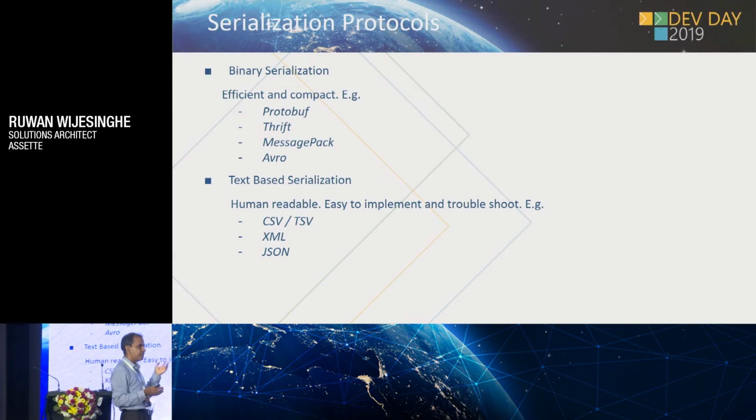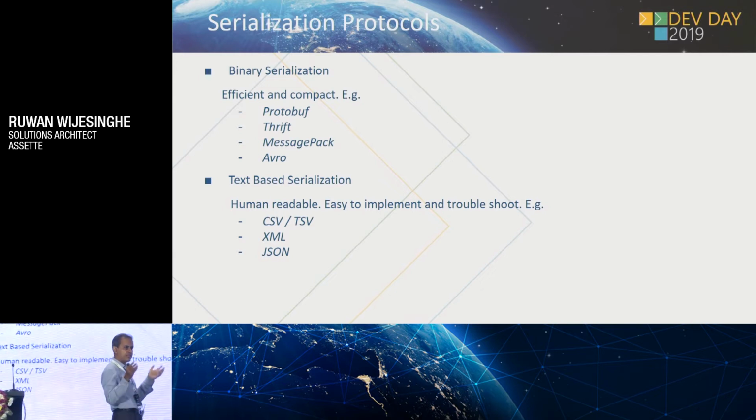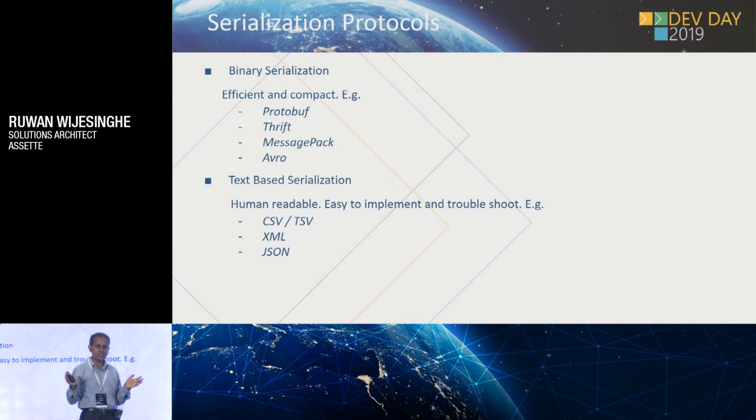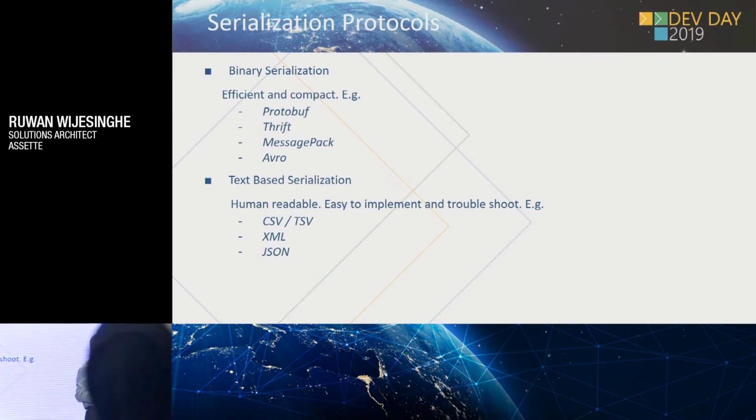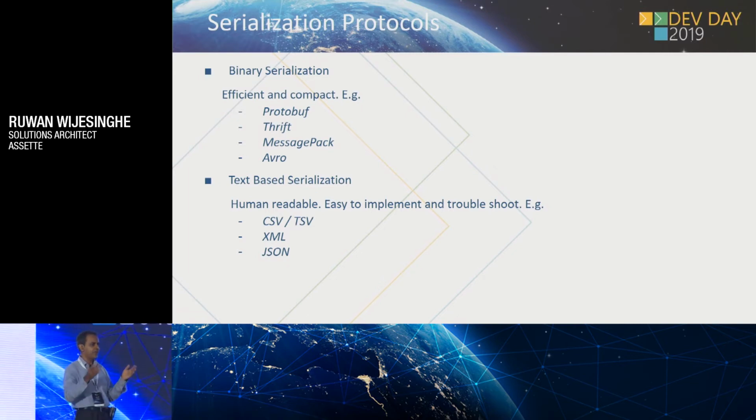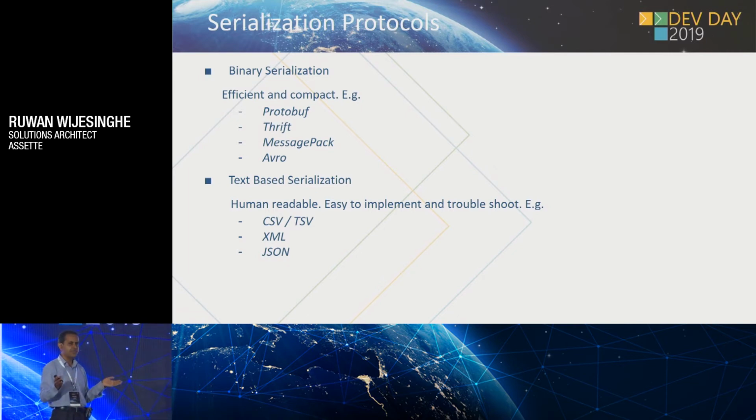So one way of converting byte arrays, you can convert it into just binary numbers, ones and zeros, or you can convert it to a text file, text message. The advantage of text messages is they are more readable, right? Everybody can open it and see what's there, whereas the binary messages are very compact and serialization is much more efficient,